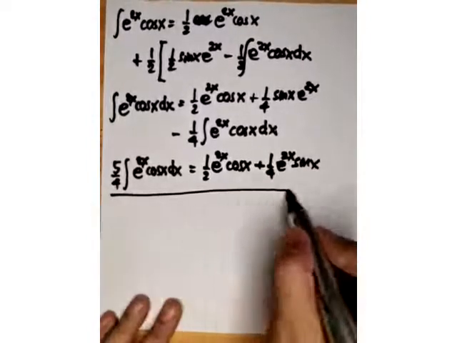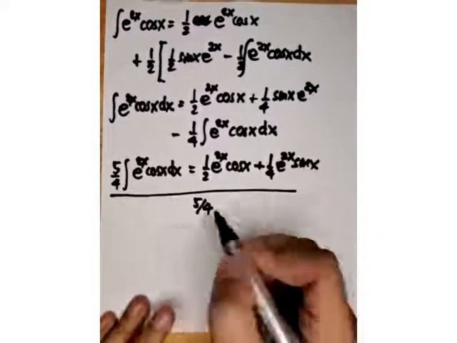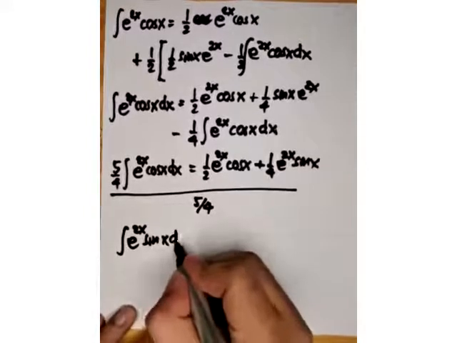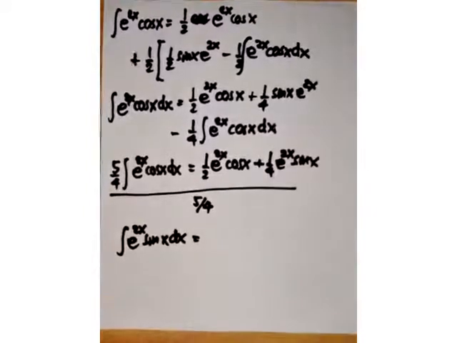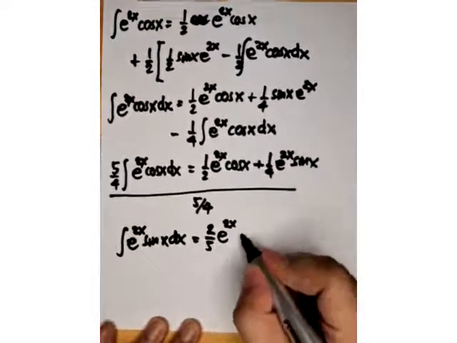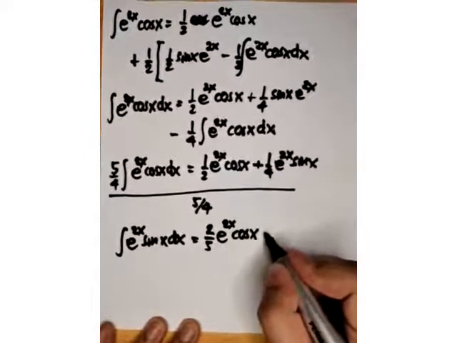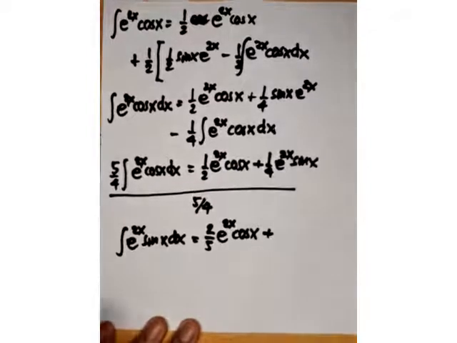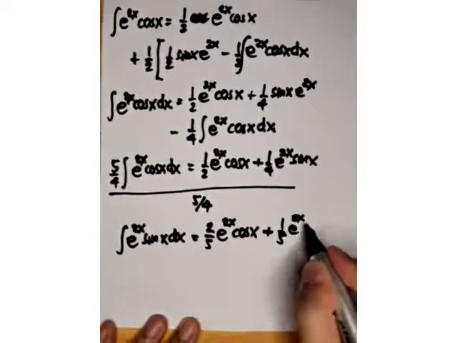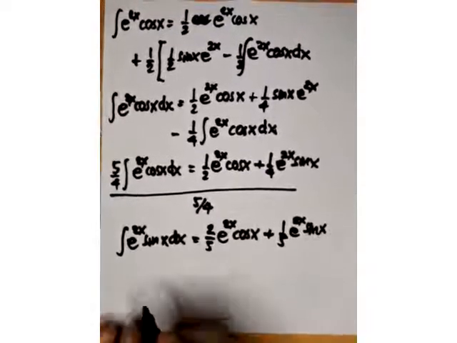And divide this by 5/4. So the integral of e raised to 2x cosine x dx is equal to 1/2 divided by 5/4, 2/5 e raised to 2x cosine x plus 1/5 e raised to 2x sine x. So therefore,